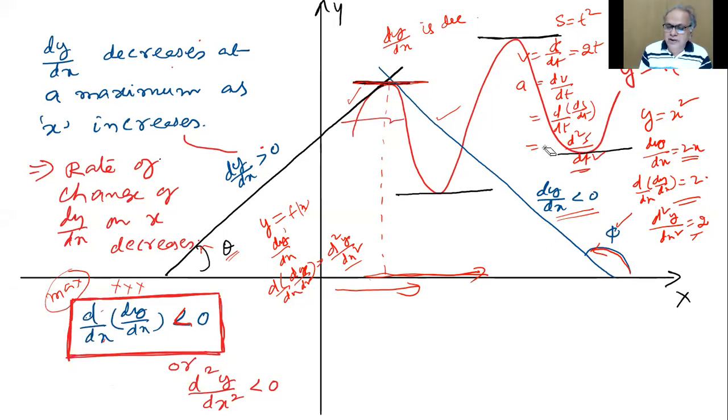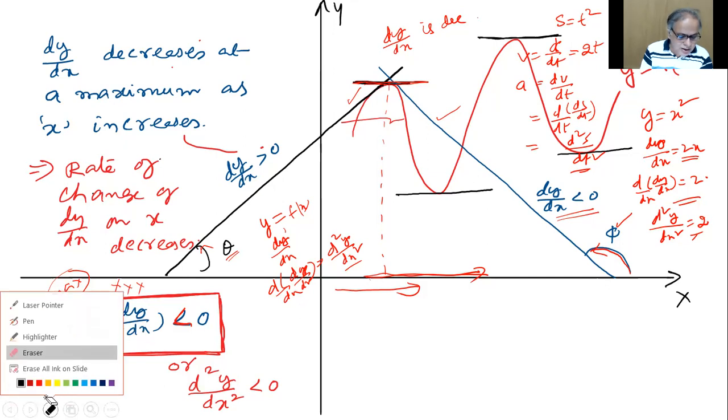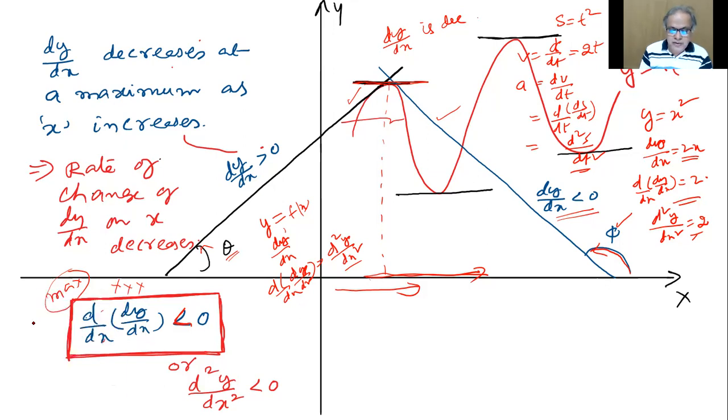Do you all agree with this? So this is the meaning of d of dy by dx by dx, and that should be less than 0 is what our statement says here. Are you convinced? That should stick in the mind once and for all. Remember, I'll be showing many examples in physics, not one. But to begin with, the main idea.